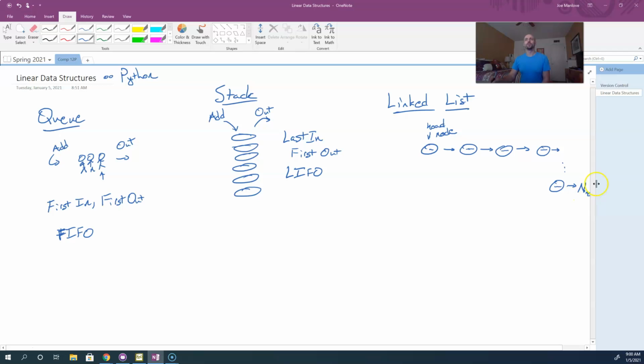That's kind of special to Python, right? That None data type doesn't exist in all languages, but usually there's a null pointer or something at the end. So this is kind of the idea of a linked list. You can use a thing called a deque from the collections library